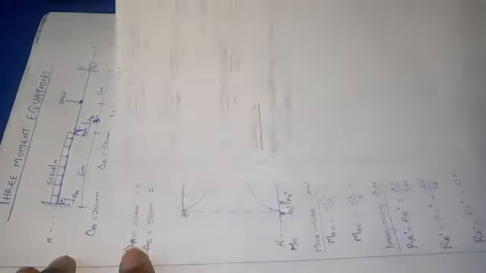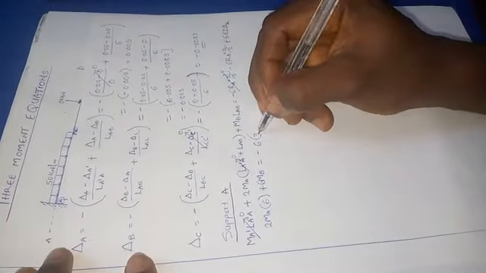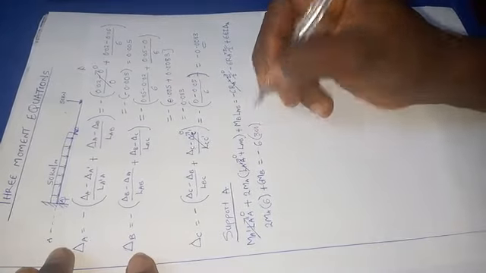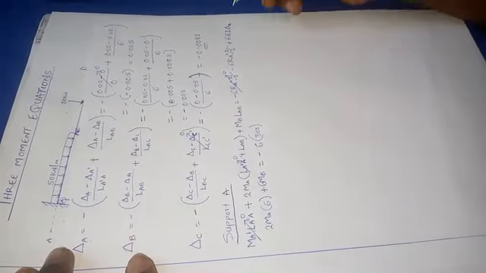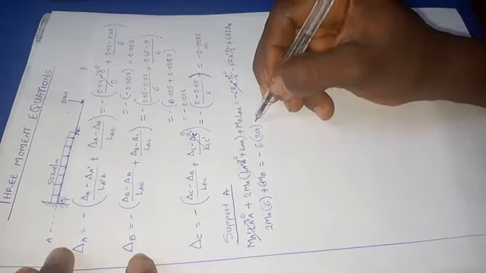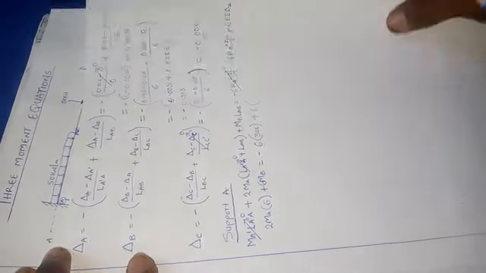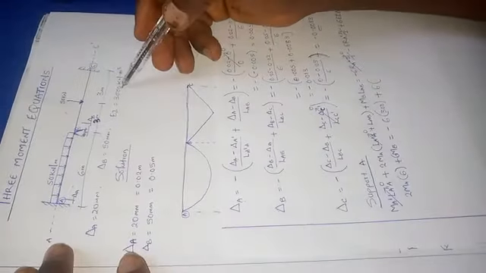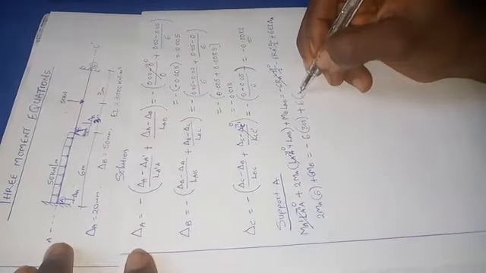The reaction at A right, we calculated it as 300 kilonewton. So I have to include it here as 300 kilonewton. My I naught over I wasn't given to me, so I wouldn't be using that. So the next thing I have to do here is plus 6 in brackets. My EI on the question was given to us as 3,000, remember. So we include that as 3,000